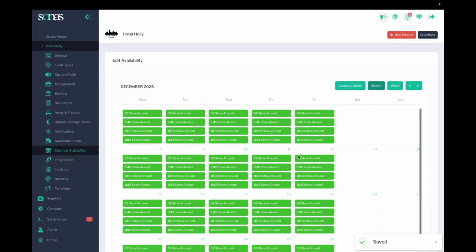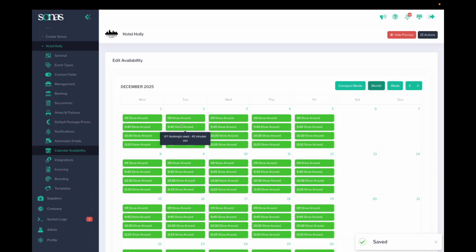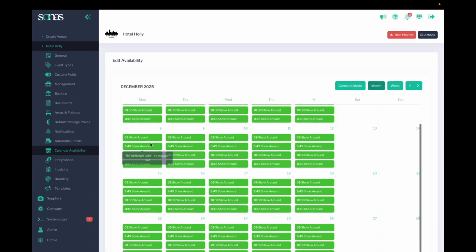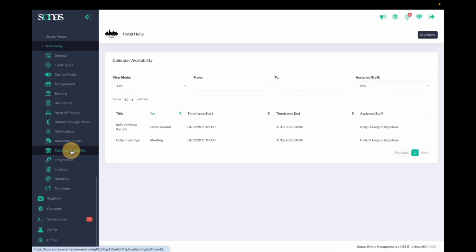So when I show the preview, I can see that my show round is at 9, 9:45, 10:30, 11, 11:15. Now, if I go back to calendar availability and I want to see both things in action, I can change to the calendar list,